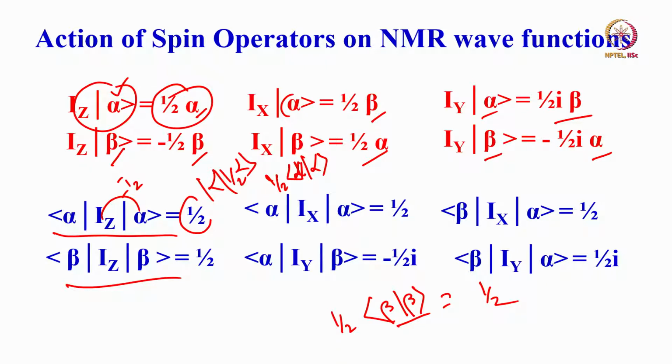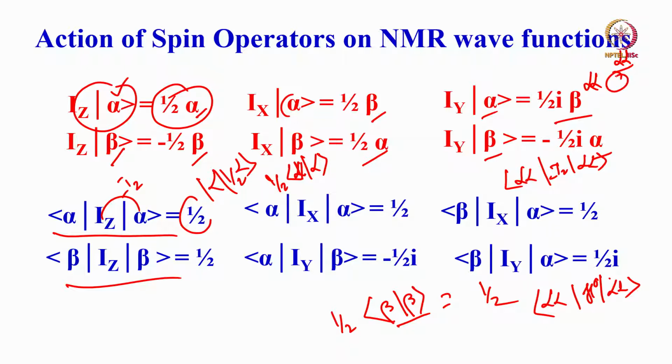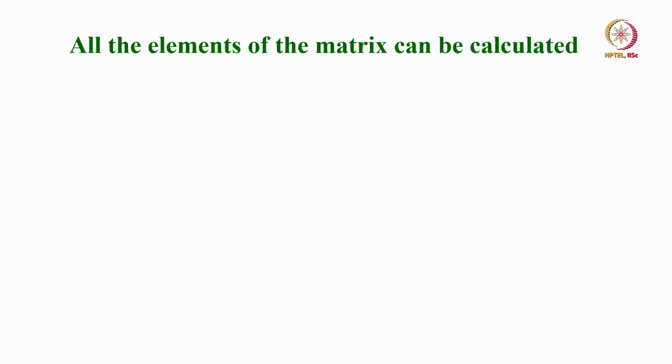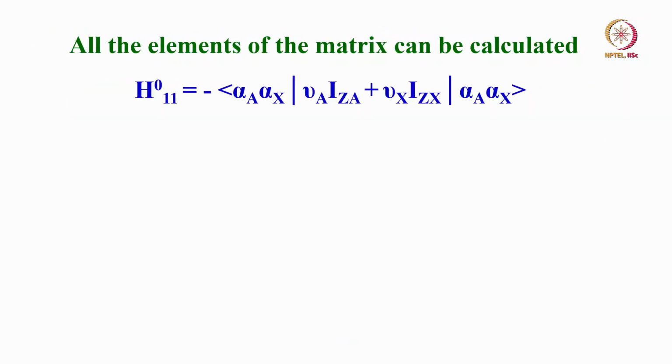Now I took only a single wave function. What happens if I take the product? It could be alpha alpha in which I z operates on alpha alpha, or alpha alpha operating on, let us say, H0 or H1 etc. operating on alpha alpha. What will happen? Like that, all 16 elements I have to consider. The 16 elements I told you in the matrix, I consider alpha alpha and operate on it, and I calculate the diagonal element. Similarly, all off diagonal elements and diagonal elements I can calculate. So very easy. Now we start calculating the matrix elements.